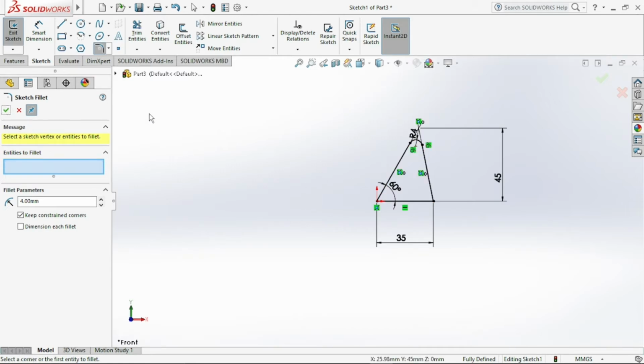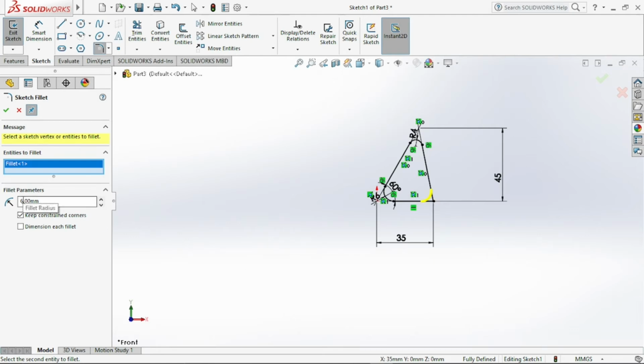So that is done. We need to fillet over here and here as well. Let's click on here, and this time let's give it a bigger number, like 7 mm, actually 6 mm. Then click on OK, and you need it here as well.